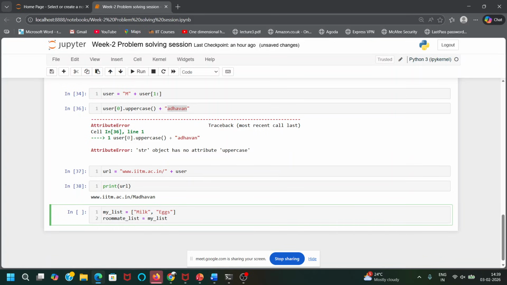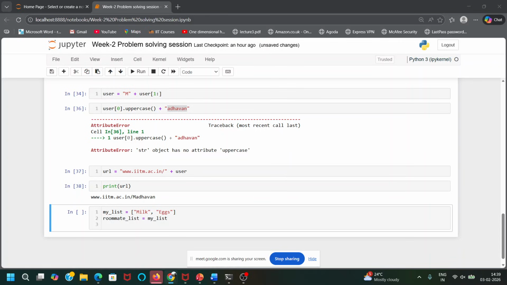Then I take this roommate list and do append. Append is an operation in a list where you add something to the back of the list.